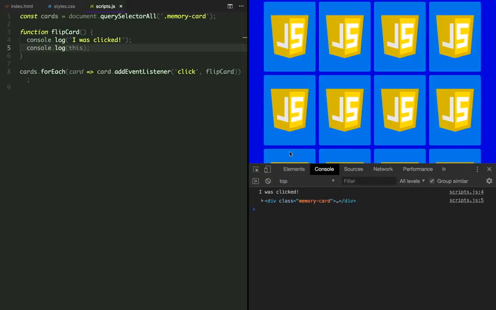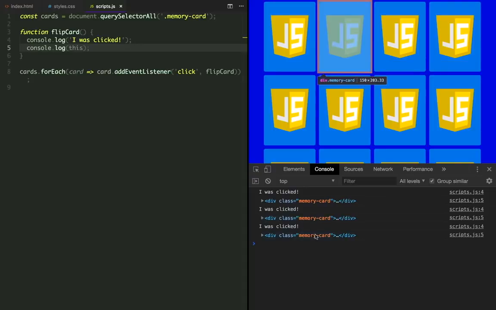So you can see our function is being called. And inside the this variable, we can see that we have our memory card. So in this context, the this keyword represents the element that fired the event.